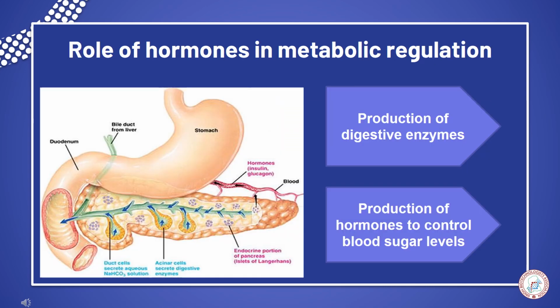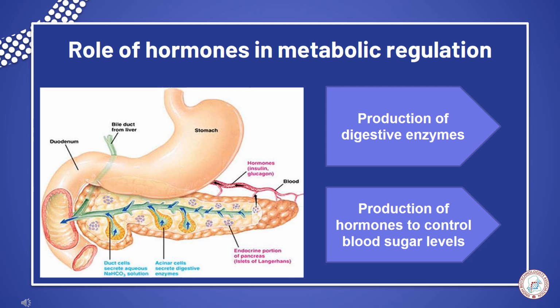In this slide we are going to discuss the role of hormones, what part hormones play in regulating or integrating different metabolic pathways inside our body. As you can see in the slide, one of the very famous glands or organs is the pancreas. It plays a very crucial role in regulating the blood glucose level, acting as an endocrine gland, and it also acts as an exocrine gland, which plays a very important part in the digestive system, in the digestion of different proteins, lipids, and carbohydrates.